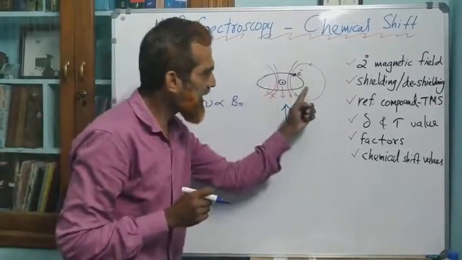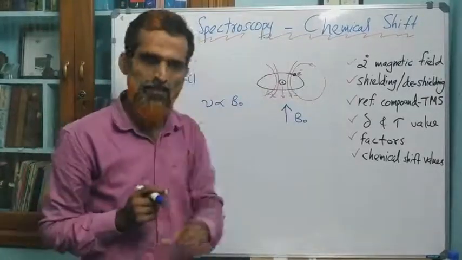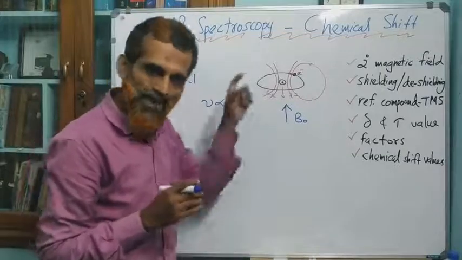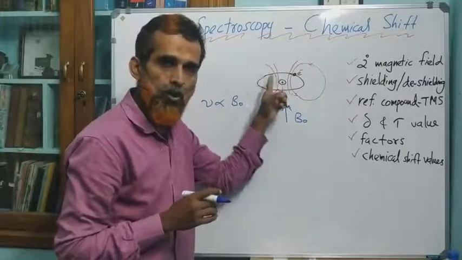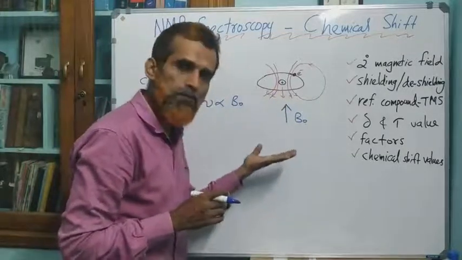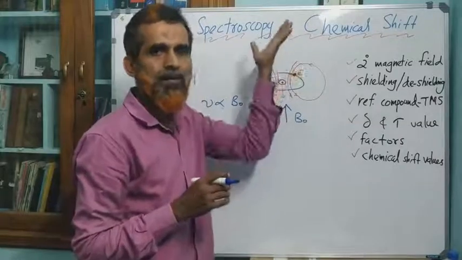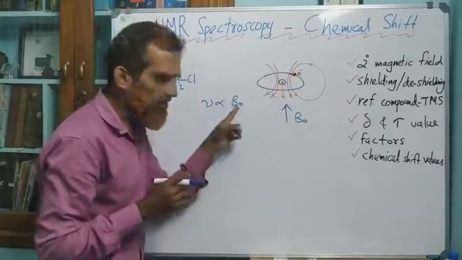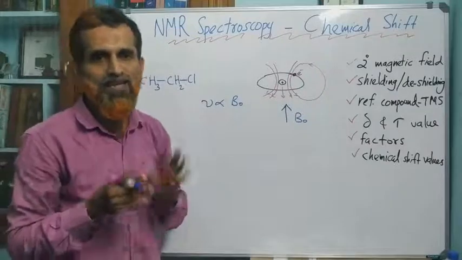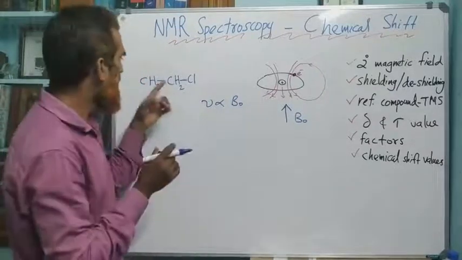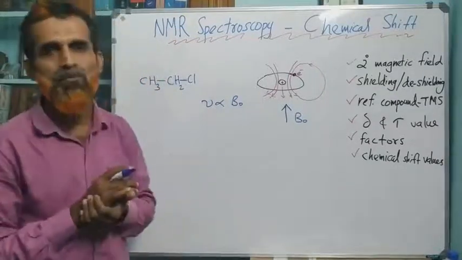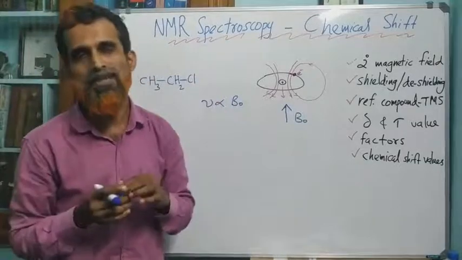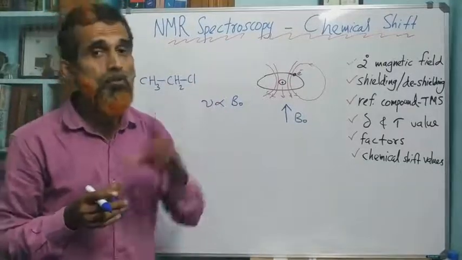If the secondary field generated is less, weaker, then the proton will experience a higher applied field. Higher the field, higher the frequency. That way, different sets of protons in a molecule which are in different chemical environments give rise to different NMR